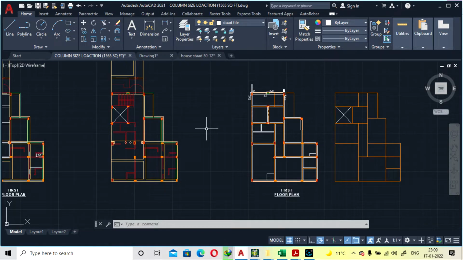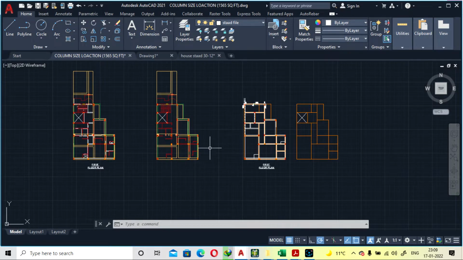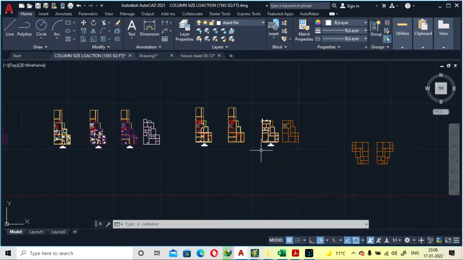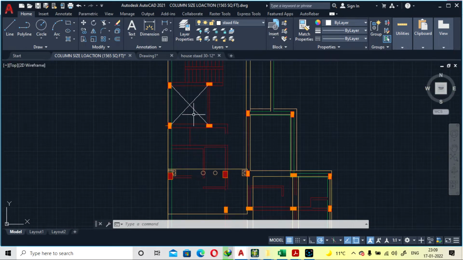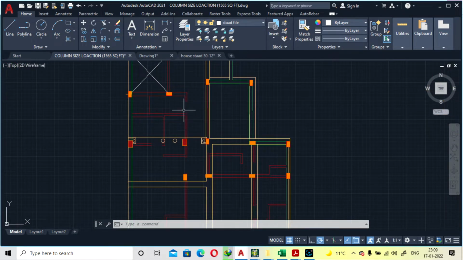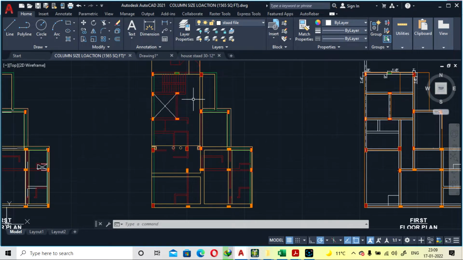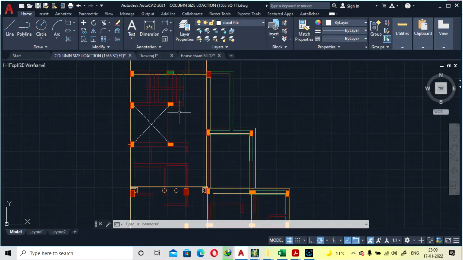So in this lecture we are going to see how to import the AutoCAD file to STAAD and draw the geometry of the structure. We have divided this whole design of a residential building into 6 parts, where we will see the different procedures for designing a residential G plus 3 story building. So this will be our plan of the G plus 3 story building, where all the floors have a symmetrical plan area and room sizes.